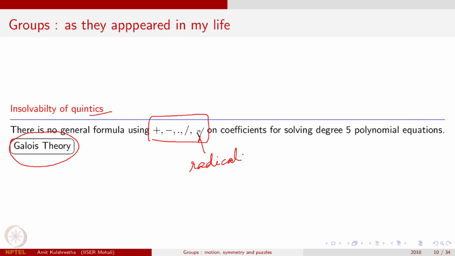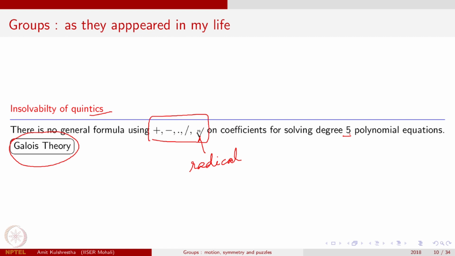So using these symbols you cannot create a general formula which can give you solutions of degree 5 polynomial. Although we know that if the degree is 2 and not 5, then you have a formula as I showed you a couple of slides ago, but in general there is no formula for this,